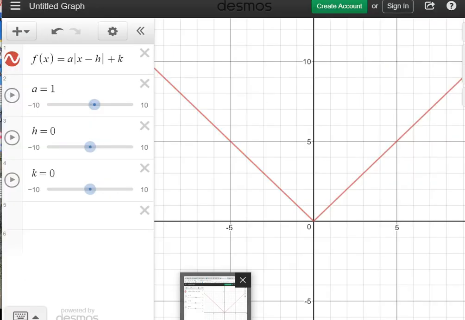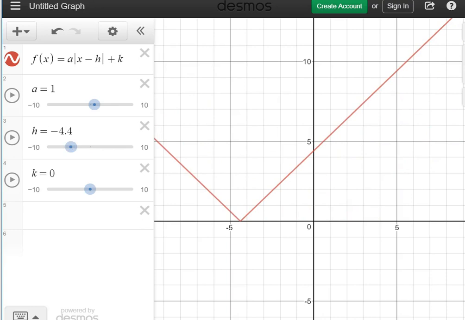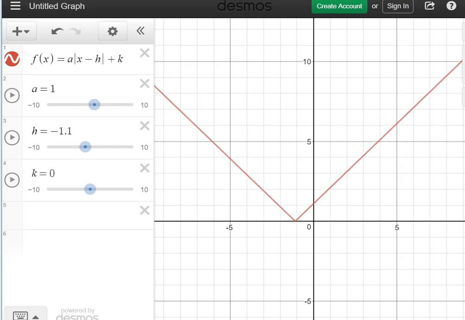Now, let's look at h. Now remember, h has that minus in front of it. So that changes things a little bit for us. When h is positive, it's 3.6. That moves us to the right. And when h is negative, it moves us to the left. So that kind of makes sense. Positive to the right and negative to the left. However, when we're looking at it in the equation,